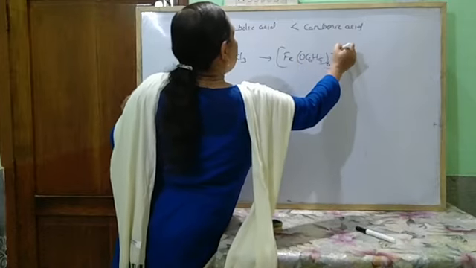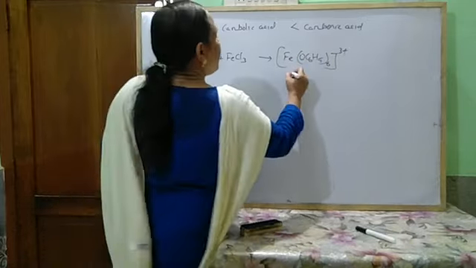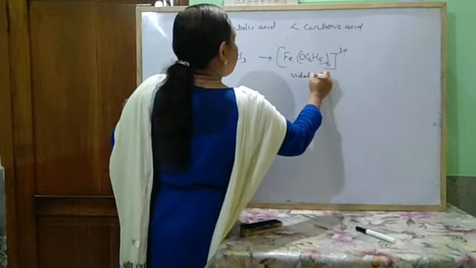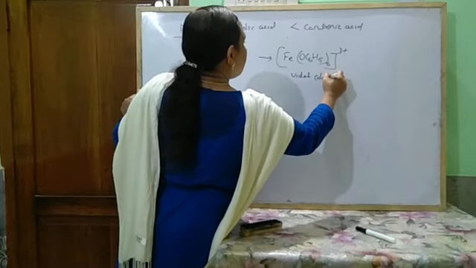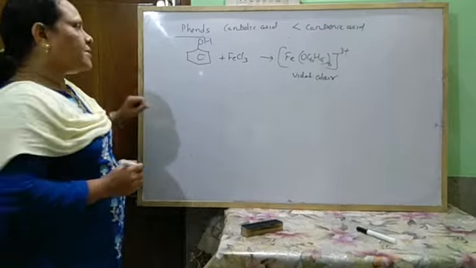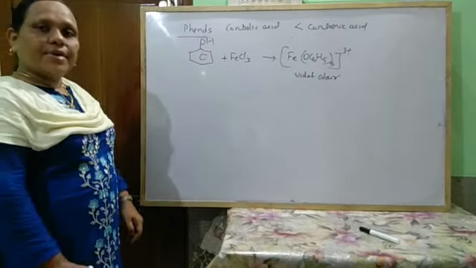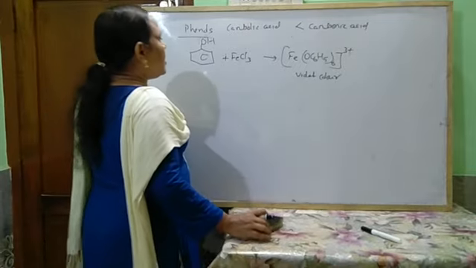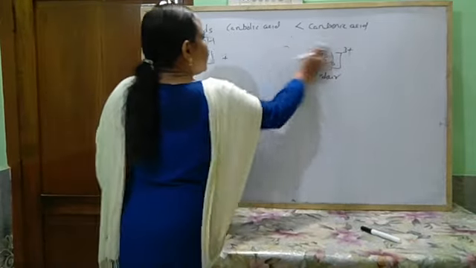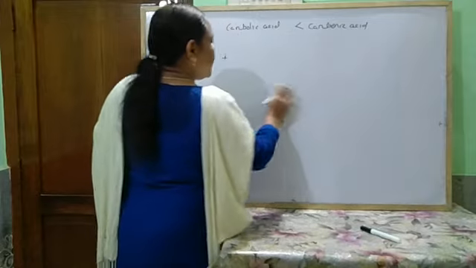So in this way, it forms a soluble complex having violet color. Okay, phenol also undergoes esterification when it reacts with acids. So phenol when treated with